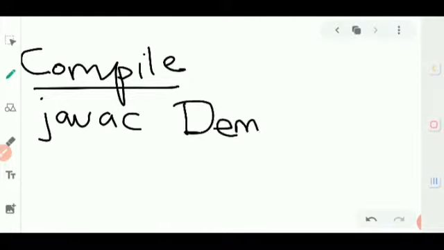Since last time when I created the class file my D was a capital letter, I have to give .java, and java should be in small letters. If no mistake is there, your cursor will come back and it will be blinking. So that shows that there is no mistake.